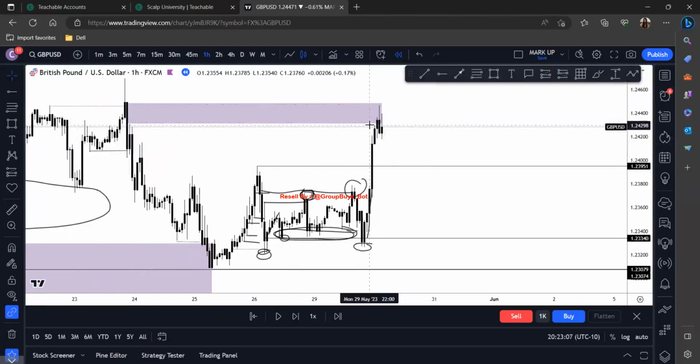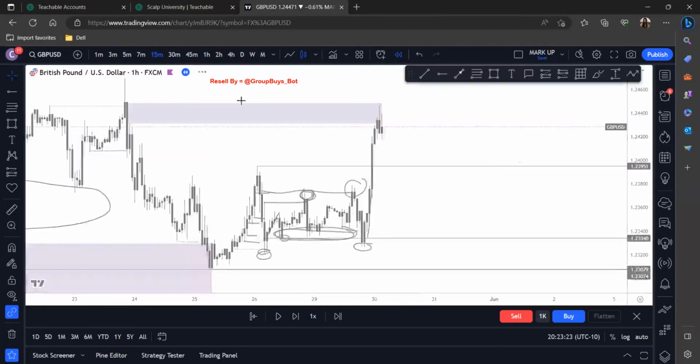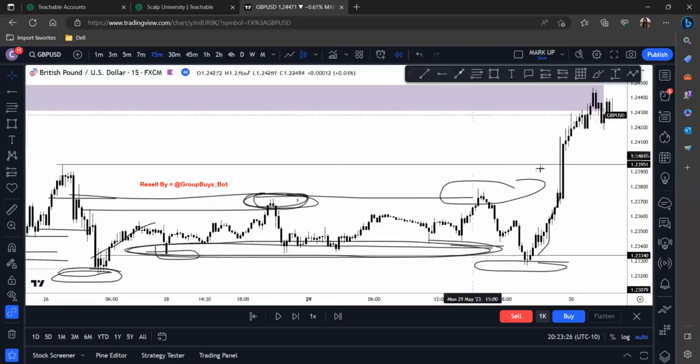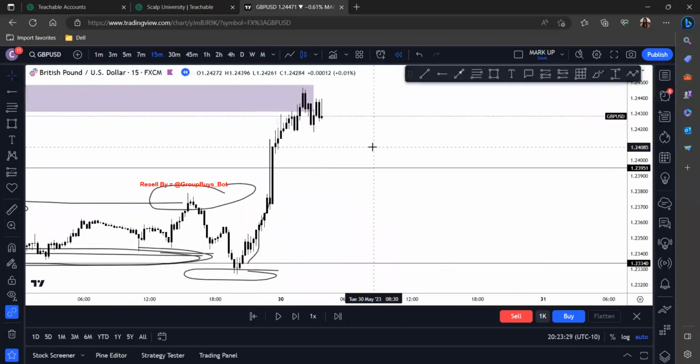We had a reaction, so you could have dropped down to the lower time frame and gotten a sell position right here. But this would be considered clearing out liquidity. If we break structure in the opposite direction, I'll just drop down to the lower time frame, because we're going to get more into lower time frames in the next video. That's why I don't want to get too much into it right now, but I want you guys to see how it works in the higher time frame and that price really is fractal, because everything I'm doing here in the higher time frame will align with the lower time frame. I'm looking for literally the exact same things on a lower time frame scale.